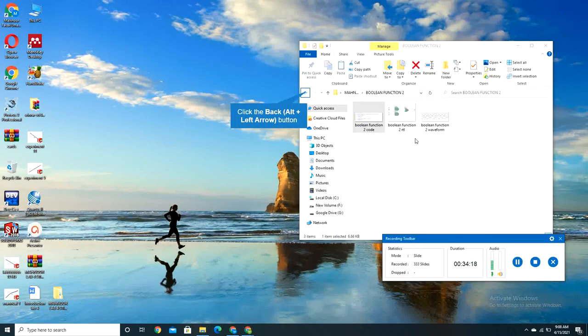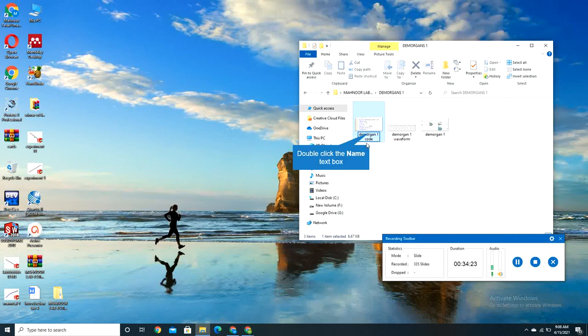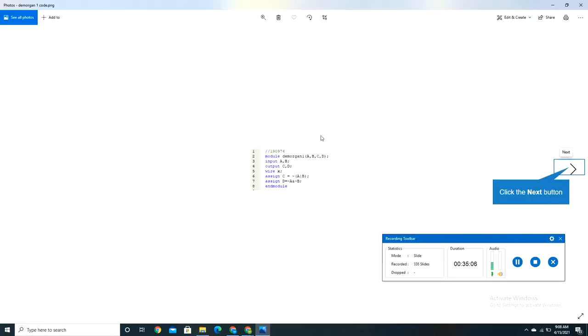So now we would be moving on to De Morgan's law. That is our first one, that is mostly the direct implementation. The Boolean functions are the implementation of the logic gates, and De Morgan's law is an implementation of the Boolean functions. So this is De Morgan's law, first case,